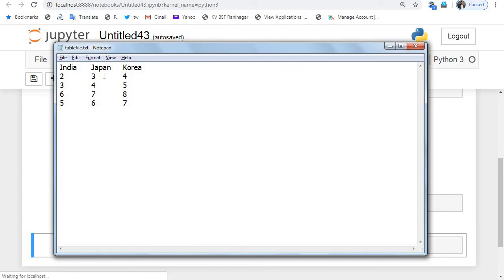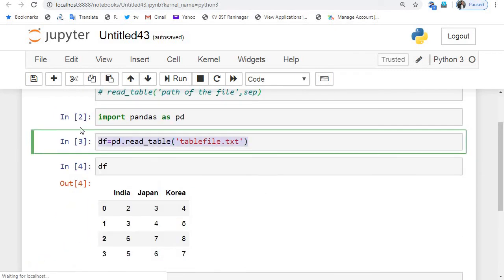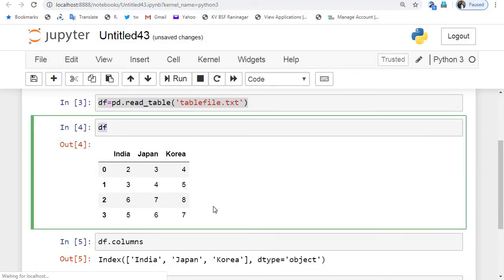Now suppose you put a comma instead of a tab between these words, you write a comma between these words, and then see what happens. Save it, again try to read the table and print it.